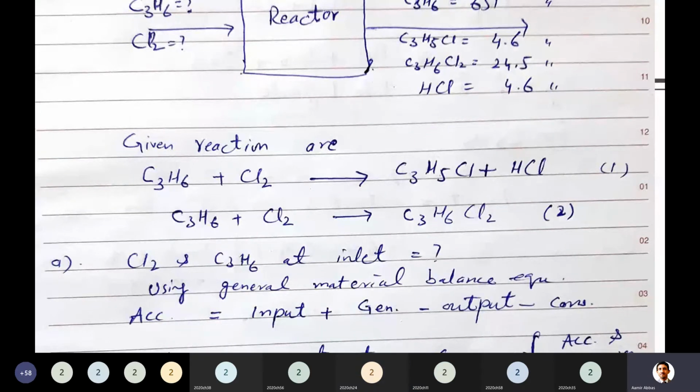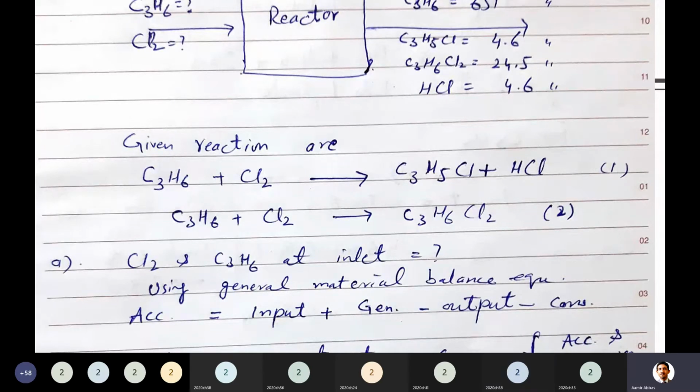One minute here. First of all, keep in mind that we are discussing only chlorine now, because we are going to apply balance on chlorine and C3H6. So this should be in your mind first of all. This is the balance equation for chlorine. I wrote at the start here chlorine and C3H6 at the inlet, so I'm talking about chlorine. Now tell me, I think everyone is clear about this, that there is no accumulation of chlorine in the reactor. Does anyone have any issue on this? I think no, because no one is talking.